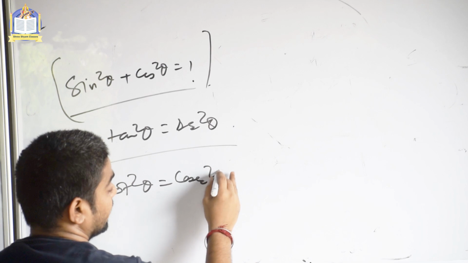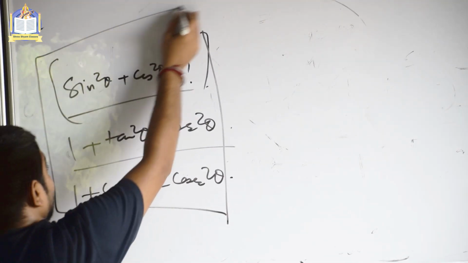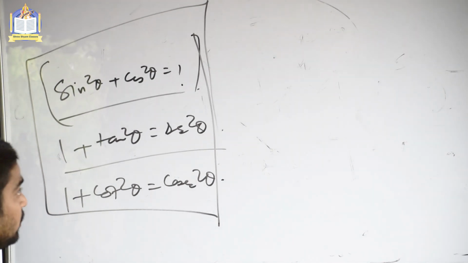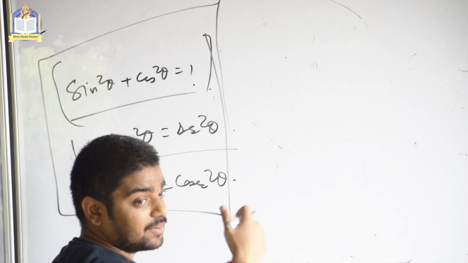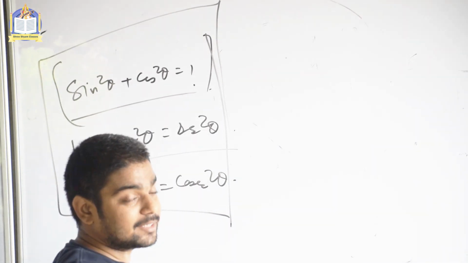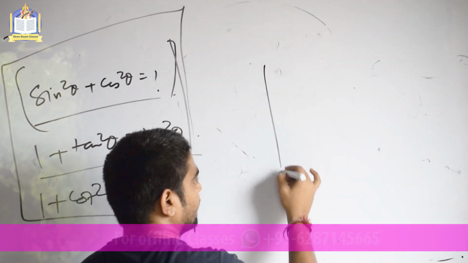So this is very, very important. This will not leave you in any chapter. These are fundamental relations, and they are used in everything. Now, using this concept, we shall proceed further and find the value of any trigonometric value. So first of all, you might have read about 45 degrees.